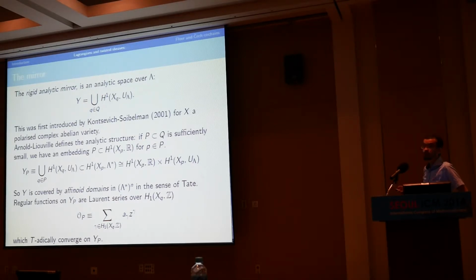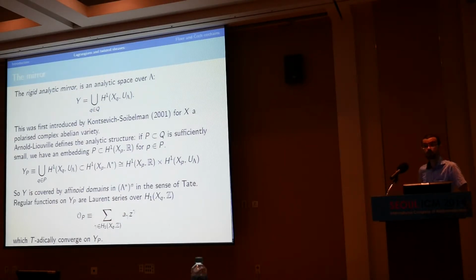So I said we're supposed to take the moduli space of simple objects supported on the fibers. On the other hand, I told you explicitly what kind of objects we're taking. We're taking classes, first cohomology classes, of the fibers. That's what this X_q is, the fiber at the point q, with coefficients in U_Lambda. And you just take the union over all of them. It turns out that they're Floer theoretically distinct. There's no problem. There's no identifications that need to be made. Now this is just a set. Okay? So you need to define an analytic structure on this.